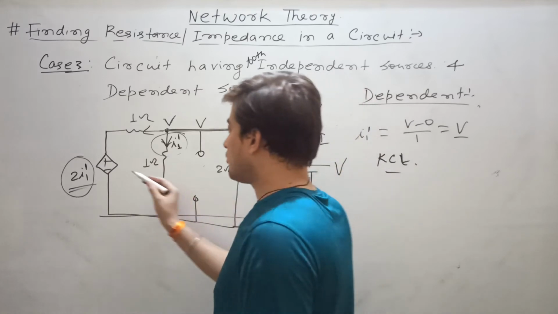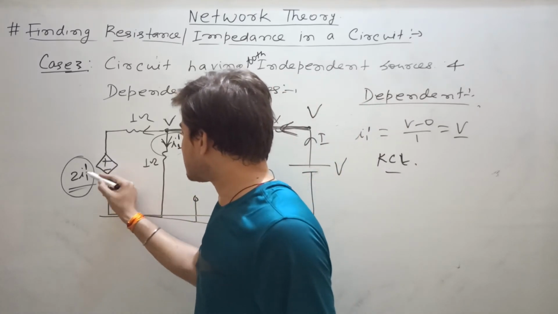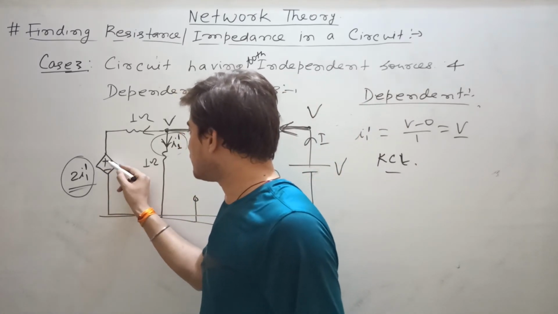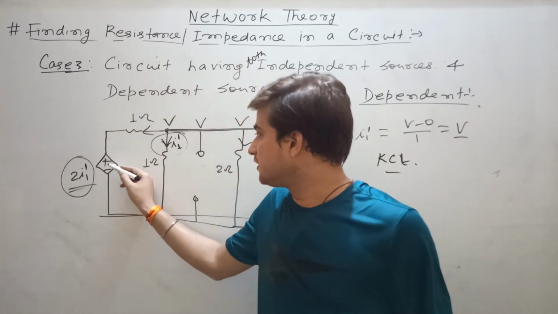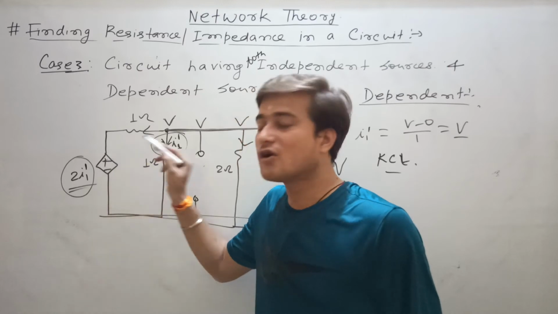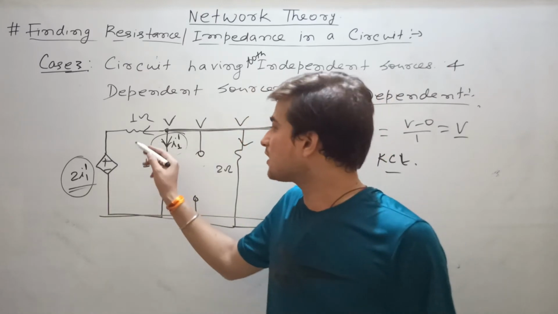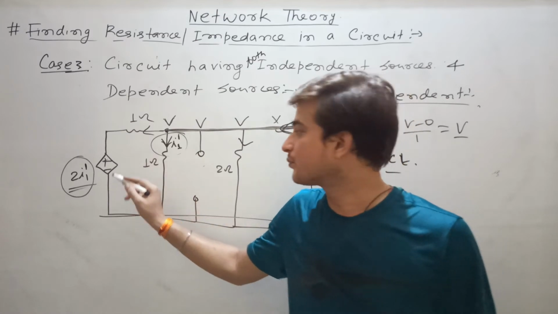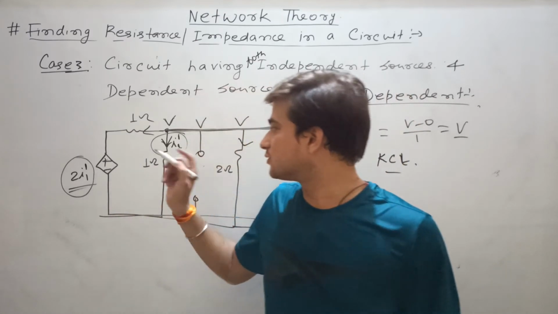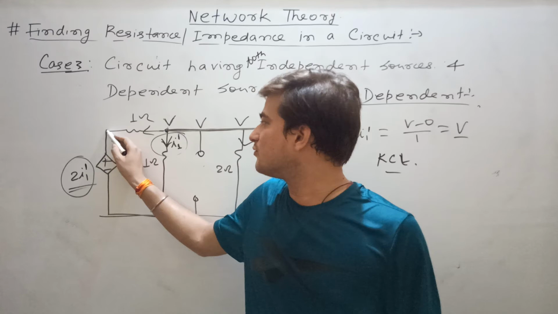Now remember one more thing, this is a current dependent voltage source, because the plus and minus sign is there. If instead of plus-minus some arrow was given, then it would be a current source. Here it is acting as a voltage source, clear, a dependent voltage source. So here V minus 2I1'